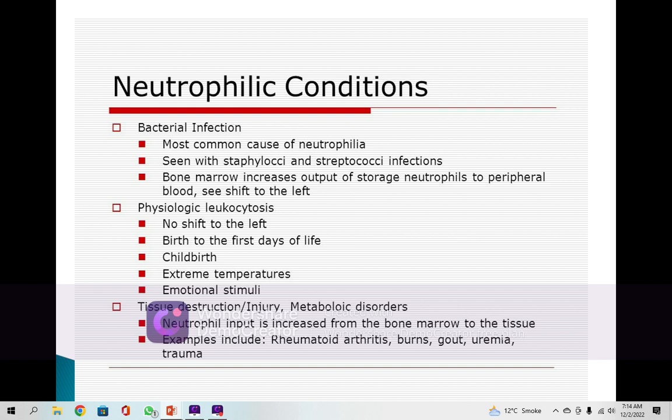Now, at one time the labs were reporting the left shift or the right shift of the leukocytes, or neutrophils in this case. Right shift means acute inflammation because of some invasion of microorganisms. Left shift means that it is not invasion. It is the primary stimulus of the hematopoietic system which causes the increment of the neutrophils.